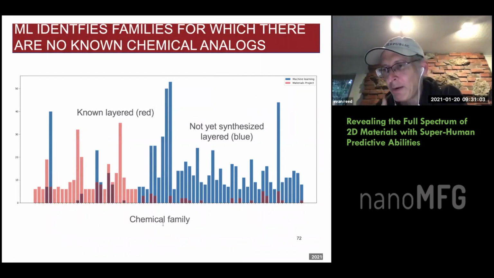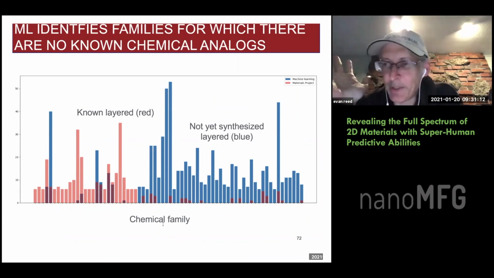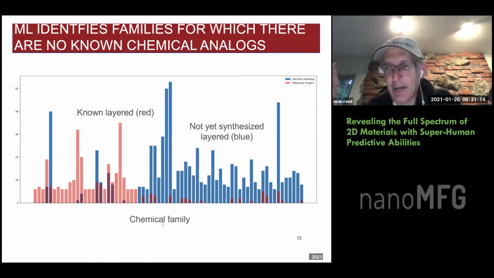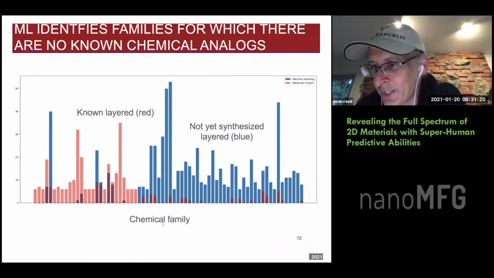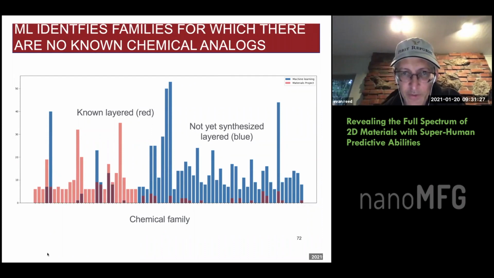You might also say, well, maybe this algorithm is just doing what I talked about for the TMDs, or it just takes known chemical formulas and just does atomic substitutions into those. And that's really all it's coming up with. And so maybe you could just really guess all the predictions of this model just by doing atomic substitutions on these 1,000 known structures. So to test this, we categorized all the predicted chemical families, which are shown in the